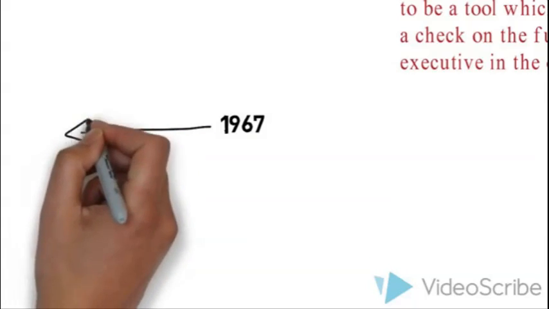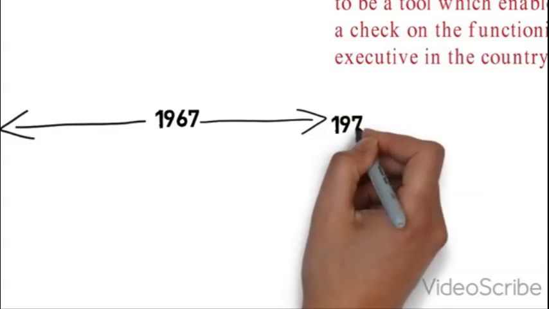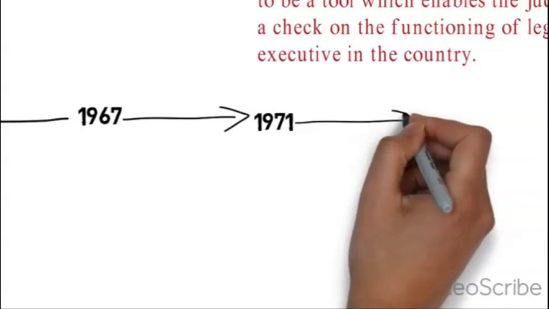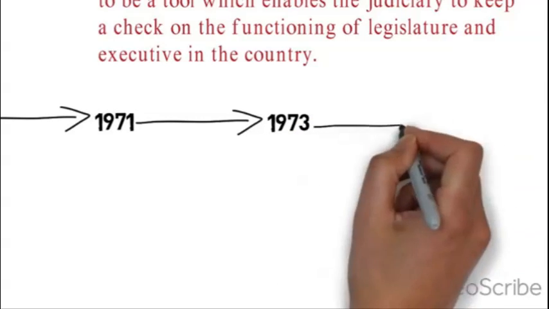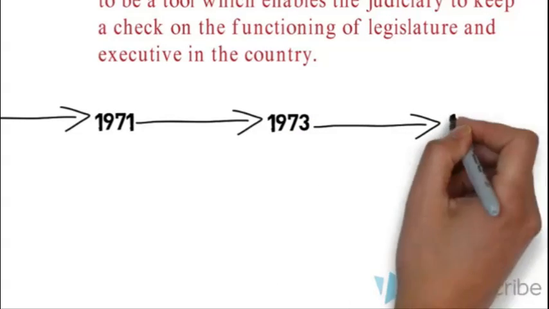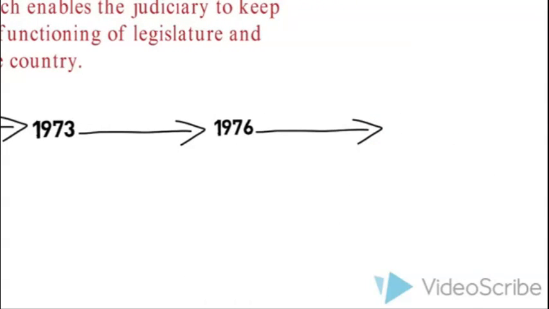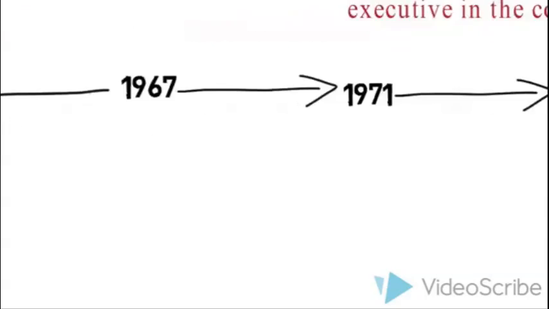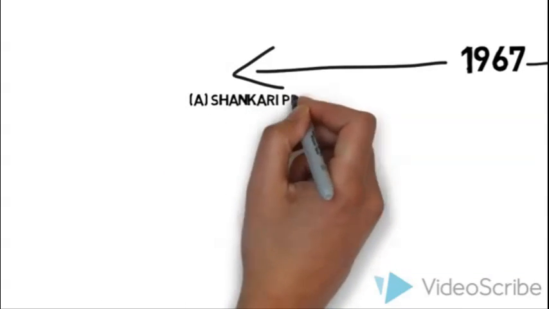executive of the country. But the very basic and vital part of our judicial system, that is, judicial review, was not vested with the judiciary from the very inception of our constitution. The feature of judicial review came in 1967 with the case of Golaknath vs. State of Punjab and was permanently vested in 1980 with the case of Minerva Mills vs. Union of India. Here, in this video, we shall be digging deeper into the landmark judgments and events which took place prior to 1967 and after 1967 till 1980.